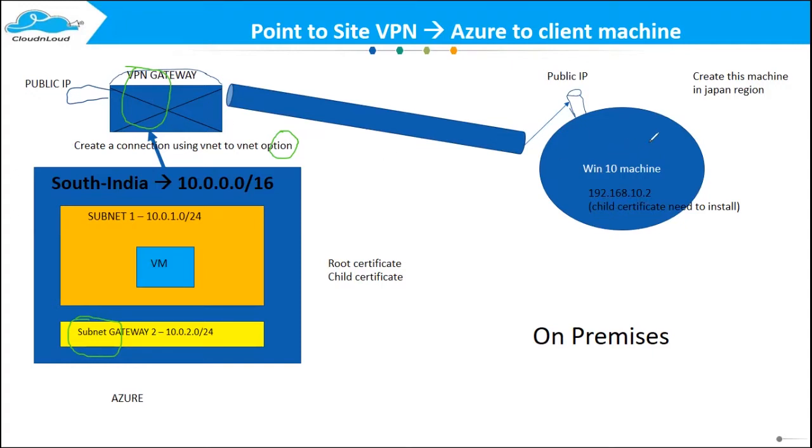So from their machine, if they try to ping your internal IP address and this works, that means they are sitting somewhere on the internet, but they are able to reach your internal IP address using this tunnel, which means it's successful, correct? We are going to see exactly the same in our lab. Let us go through the steps first.